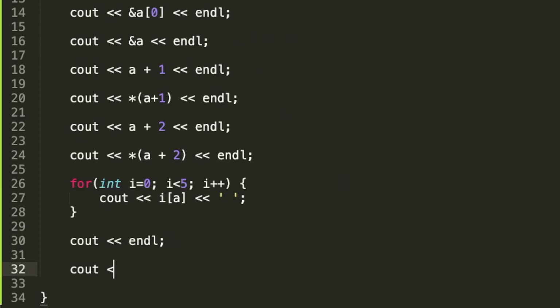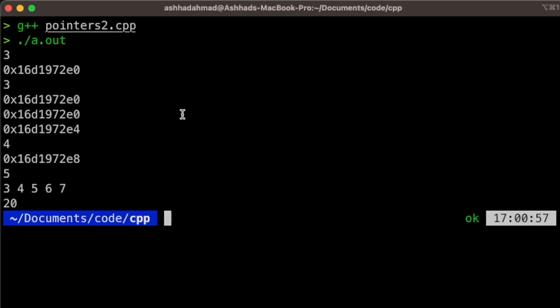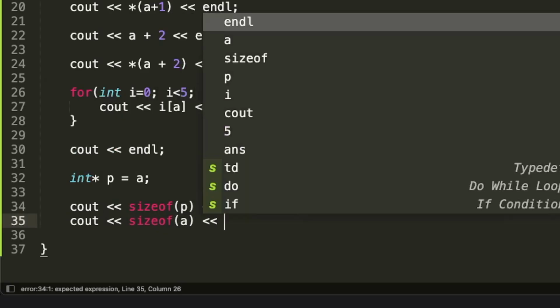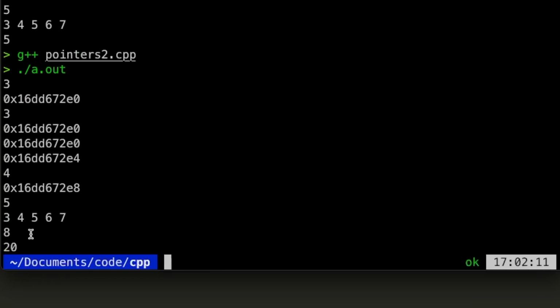A major difference between an array and a pointer is that you can use the sizeof operator on an array and get the length of the array. But sizeof a pointer is always 8 bytes. So every array should work like this, right? Not really. Let's just try to do it with character arrays.